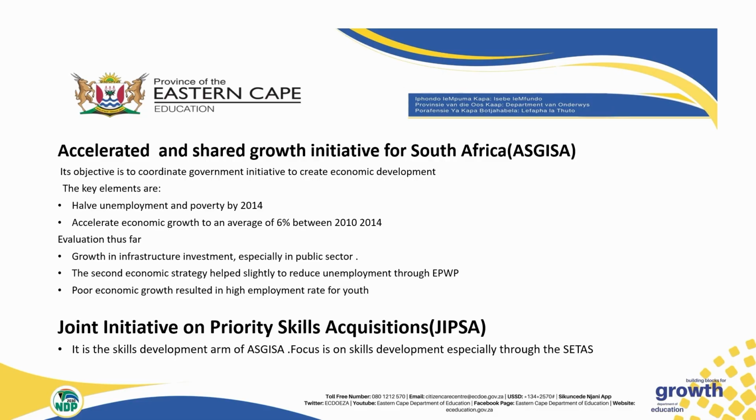Their aim is the skill development arm of ASGISA, focusing on skills development, especially through SETAs. Now, this program is specifically developing skills. In the previous program, we highlighted one of the evaluations, where it says that there is a negative outcome because there is still a problem of unemployment, especially among youth. Now, this one says that it needs to develop the skills. Youth must be given skills training and education